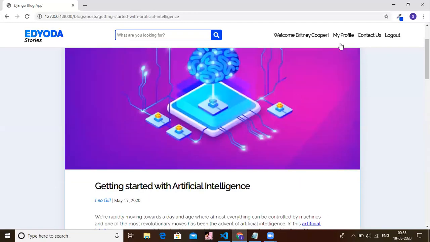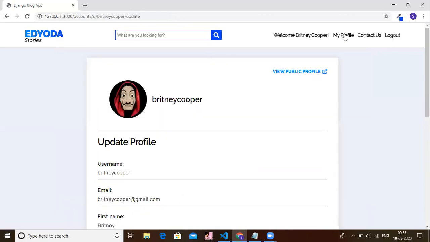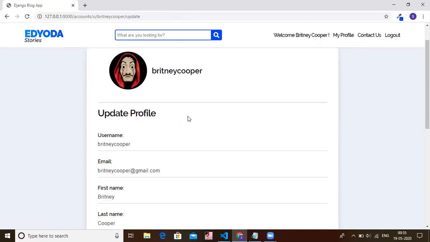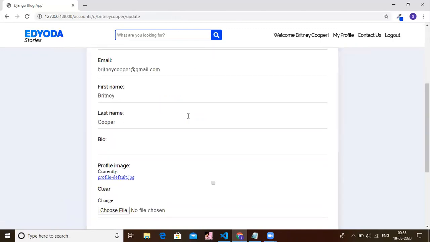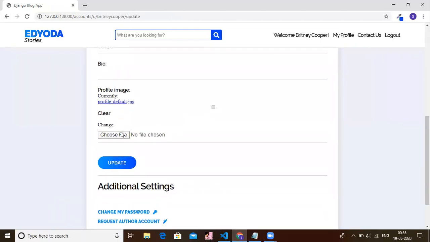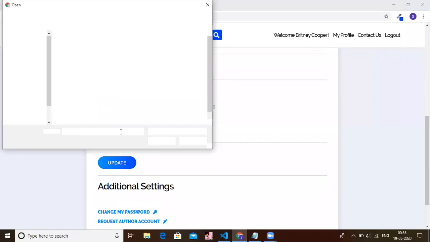Now coming back to my profile page, this is where the users will be able to update their profiles. As of now, the image that you see over here is a default one that we are setting for our website. So let's try to update the profile picture for this user, and also we'll try to update the bio for this user.